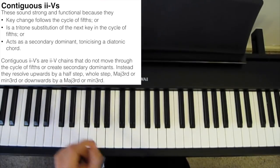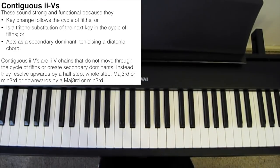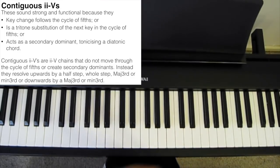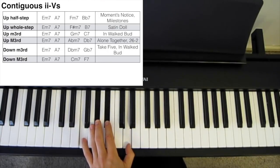Now, contiguous 2-5s are 2-5 chains that do not move through the circle of fifths or create secondary dominants. Instead, they resolve upward by half a step, whole step, major third or minor third, or downwards by a minor third or a major third. And as such, they sound non-functional, like there is no ultimate final tonic chord, and like the chord progression could just go on forever. So for example, E minor 7 to A7 to F minor 7 to B flat 7,